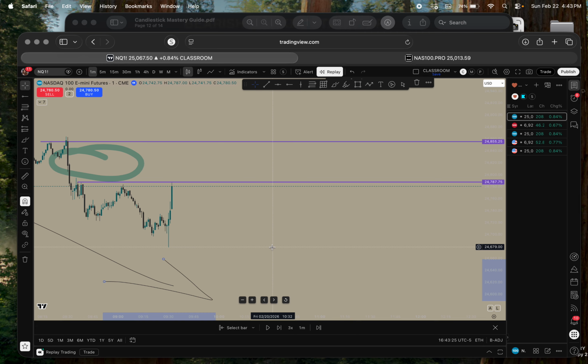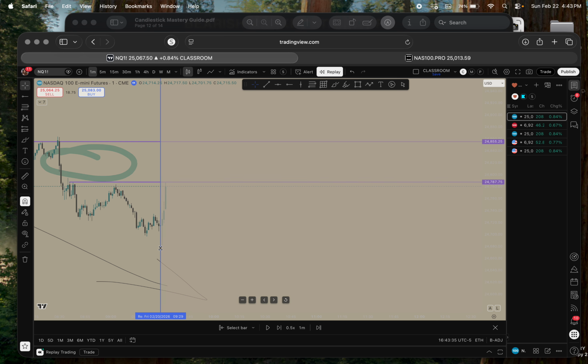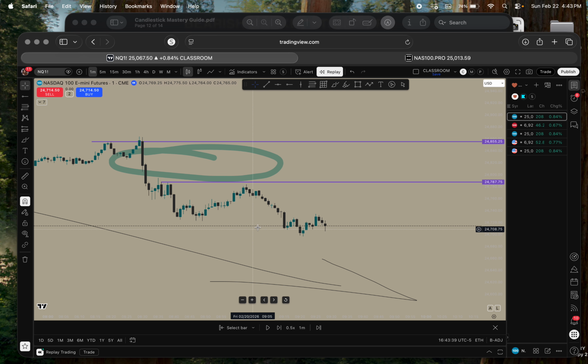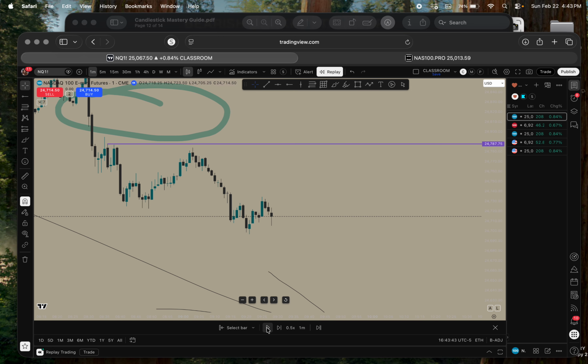Let me zoom. Okay, this is going too fast. Let me drop it down. And let me select a bar. We said 829. That's fine. So I'm going to zoom in so we can see everything. Okay, so now